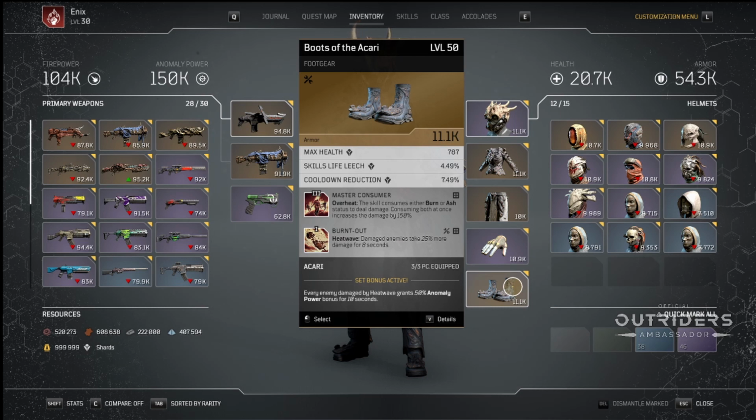And then Burnt Out that I added to the boots: damaged enemies take 25% more damage for 8 seconds. So I use two of them, that's 50% more damage for 8 seconds that I put on top of everything else that I have incorporated in the build. Like I said, I've been using this build right here as far as the gear since I started speedrunning